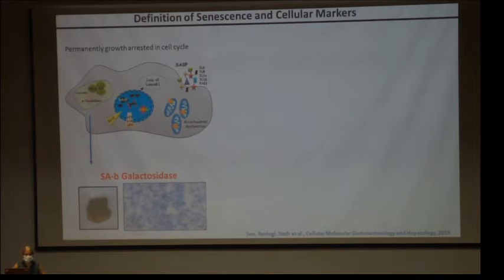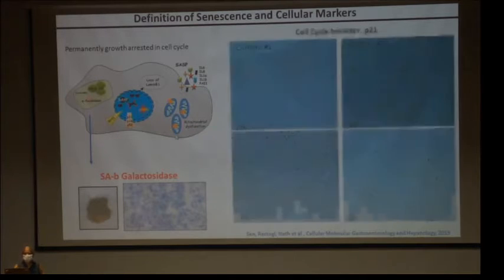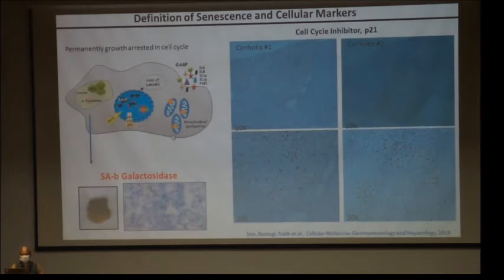However, doing this test is not feasible because you need a fresh sample, and within 15 minutes this test needs to be done, followed by a cryostat. So you need to have certain markers which you can do. In this panel, the first marker is, if the cell is not dividing, it's actually arrested in the cell cycle. There are certain markers, and one marker which I'm showing here is P21, because we find that of all the markers, this is a robust one.